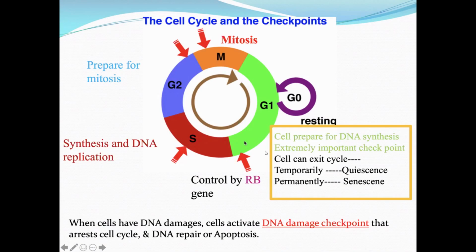Okay, during the passage through each one of these phases of the cell cycle there are certain requirements the cell has to fulfill before it's allowed to go to the next one. Okay, the control of the cell by transcription factors that allows it to go from G1 to S phase is controlled by the retinoblastoma gene. Okay, and there are others here with pointers, but the main idea is that you want to make sure the cell does not complete the cell cycle. It has to complete the cell cycle with